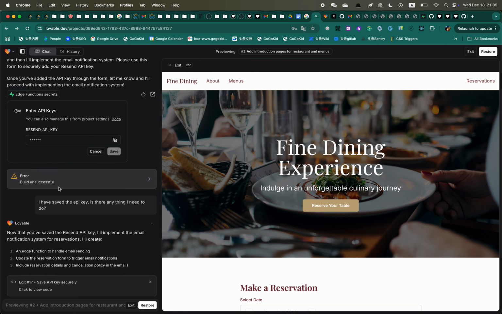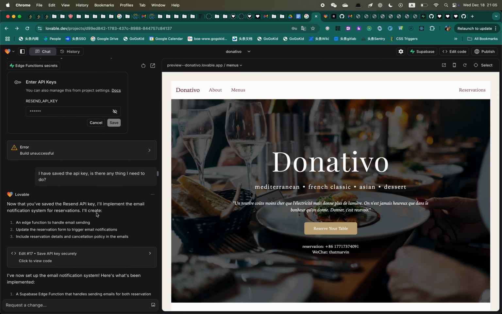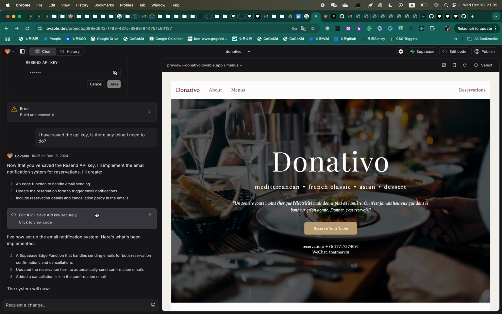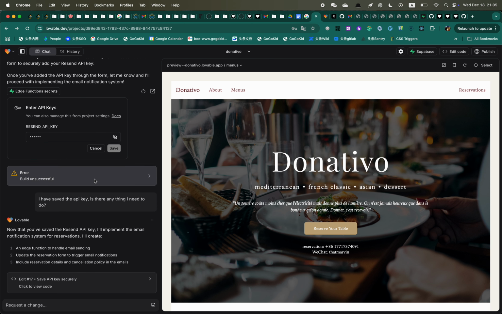And when you build something, it always builds unsuccessfully. Something unexpected happens, usually on the front end side. I don't know why, but it just happens. It seems that when you try to accomplish one feature using AI, some other part of the feature also gets changed, and that leads to unnecessary or unexpected errors. And you always have to fix those errors using the AI, since the error is not caused by yourself.